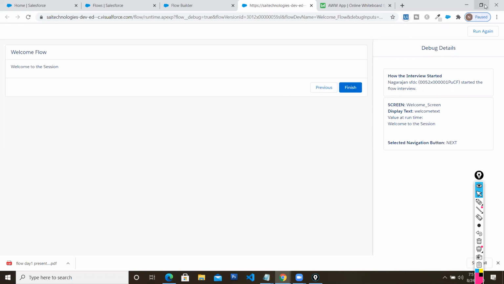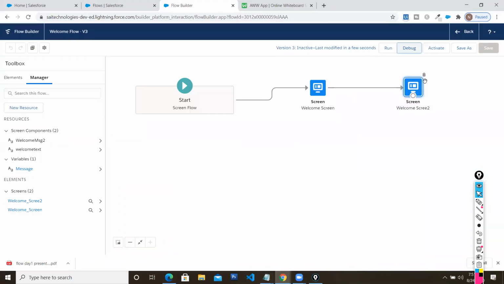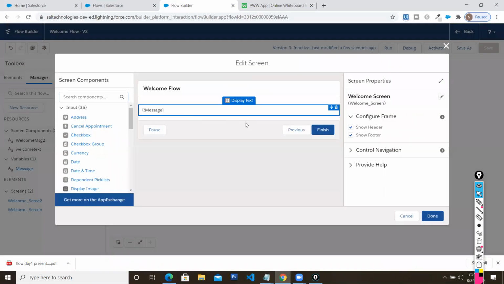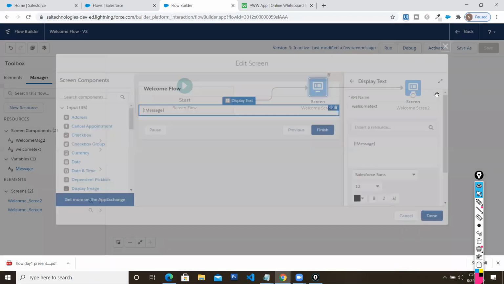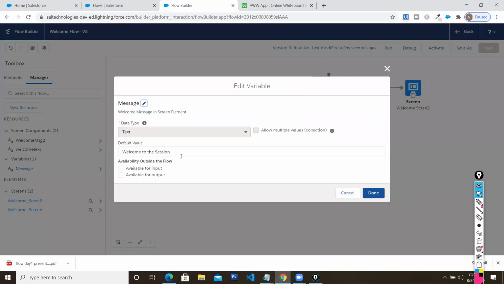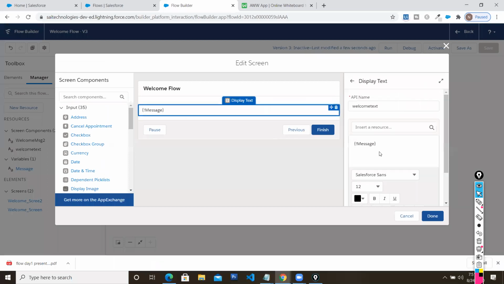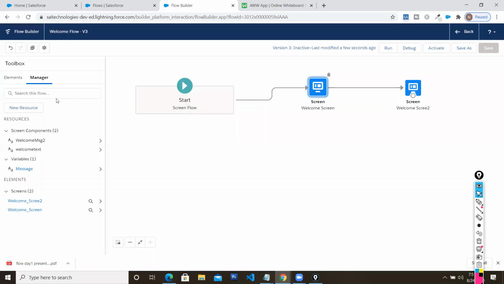Now the effort you put in is minimized because of this variable. Did you change all the screen elements? No. While creating the screen, you just connected it with the variable. Whenever the data is going to change, you just come to this variable and change the data. The data will be reflected in all the screen elements which reference your particular variable through this data binding. So this is the power of creating a variable and data binding.